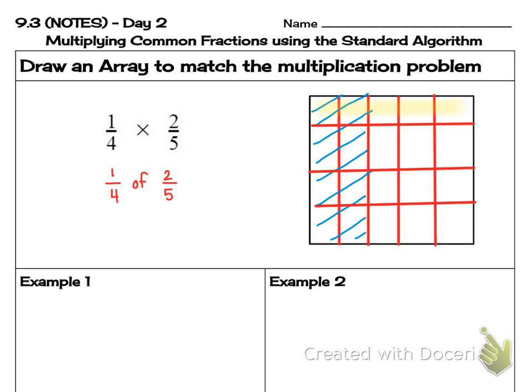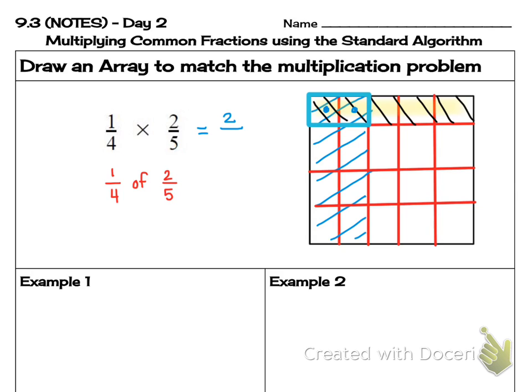So I'm actually looking at this portion. That is 1/4. Now the answer is the part where they overlap. So these two squares have both of them. And if you look at that, that is 1, 2. So it is 2